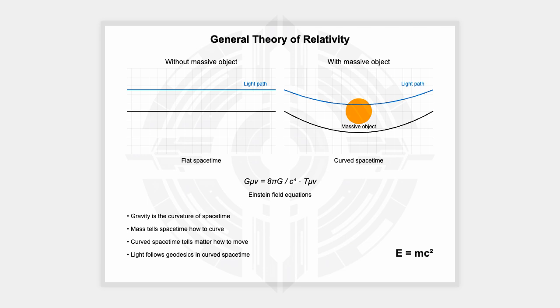Imagine a beam of light traveling through space. Now picture a massive object like a cluster of galaxies sitting in its path. According to general relativity, that massive object will warp the space-time around it, causing the light to bend as it passes by. So it's like light taking a detour because gravity is literally changing the road it's traveling on. Exactly. And this phenomenon isn't just theoretical, we've actually observed it. It's called gravitational lensing.